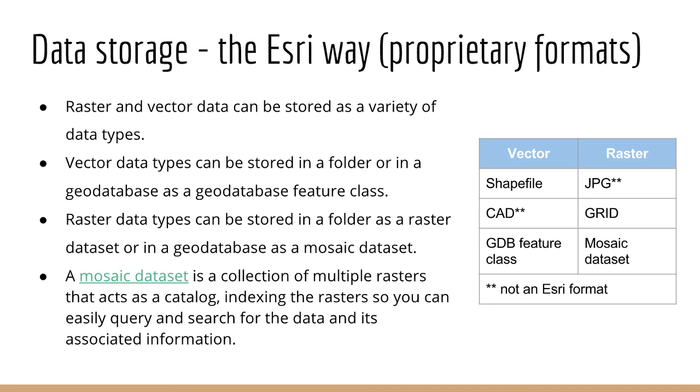So raster and vector data can be stored as a variety of data types. The vector data types can be stored in a folder or as a file-based format like a shapefile, or they can be stored in a geodatabase as a geodatabase feature class. Raster data sets can be stored in a folder, or you can store raster data also in a geodatabase. Esri has some specific data formats that they've built to allow their software to do some really powerful GIS-y,